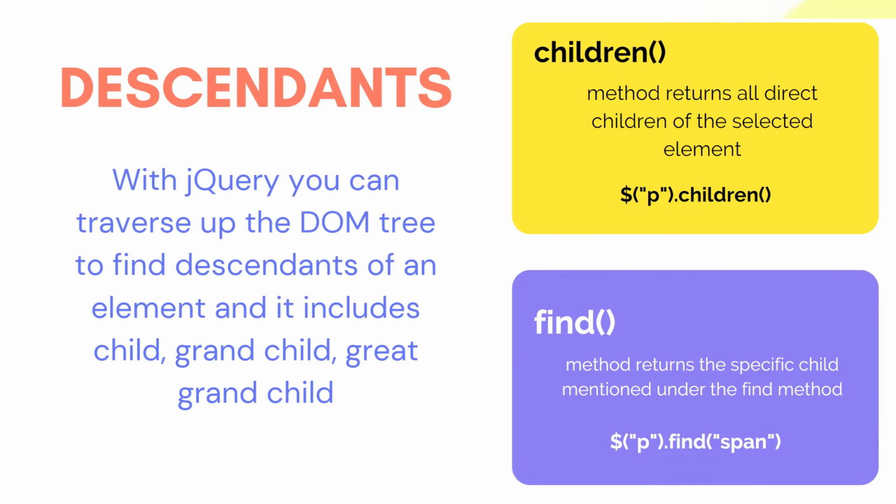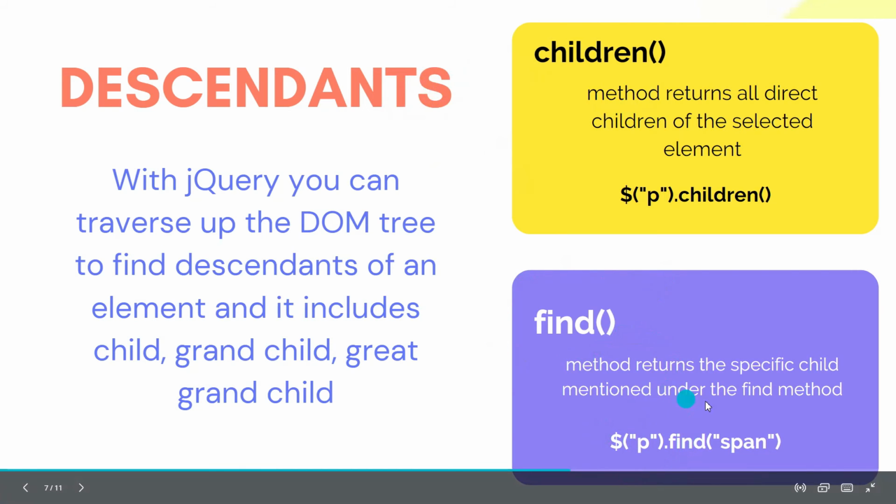And next we have descendants. Under the descendants we are able to find the children, or we can find required children. When I mention children, it is going to give all the children of a specific element. For example, we have div, span and p. If I call that specific div, meaning div dot children, it is going to give me span and p. If I mention find and the specific element, it is going to return that specific child. And I am going to discuss all these things in VS Code in class.